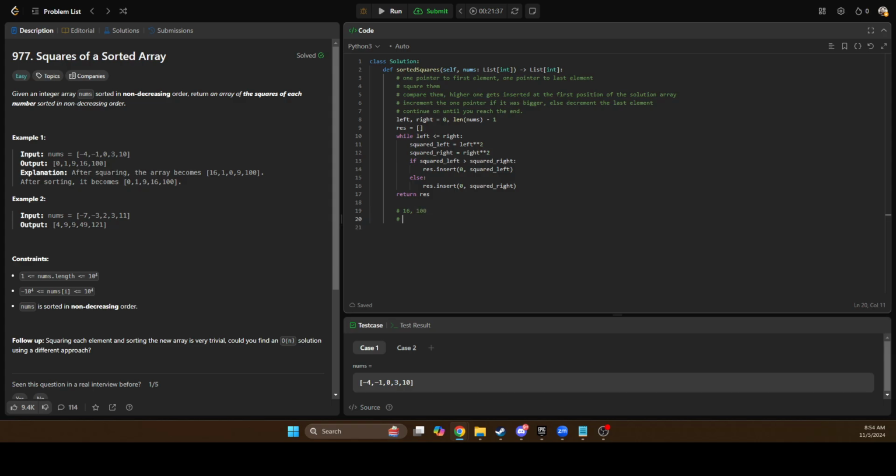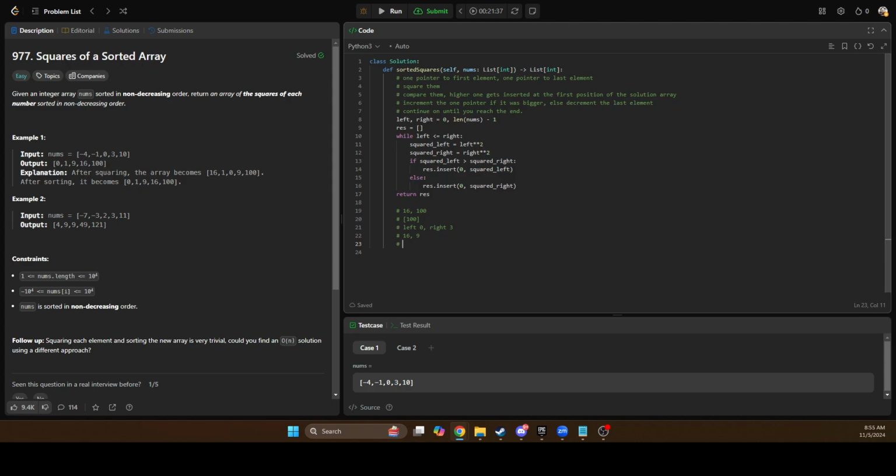So that means 100 is greater, so we're going to insert the squared right. So now the solution array is 100, and our left is now 0, and our right is now 4, or 1, 2, 3, 3 at position 3. So now we have 16 compared to 9, in which case 16 is greater, so we're gonna,